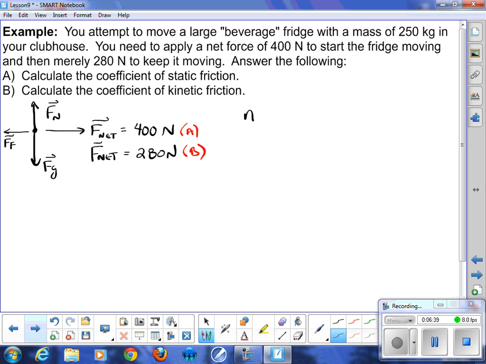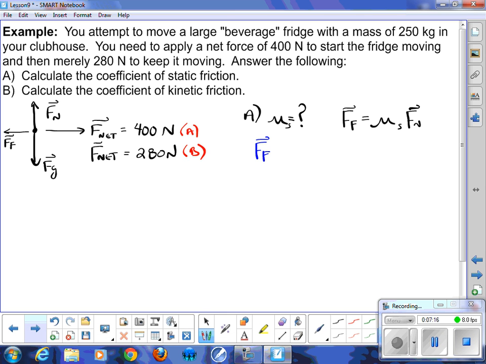So question A, calculate the coefficient of static friction. At this point, we're just decoding. We want to know what mu is, and we want to know mu subscript s for static. We know that force due to friction is equal to mu static multiplied by our normal force. Each of these particular values has an associated equation. So our force due to friction, and I'll put this over here maybe, our force due to friction